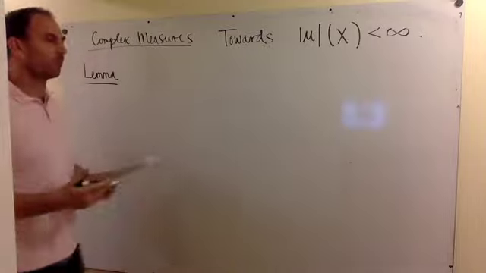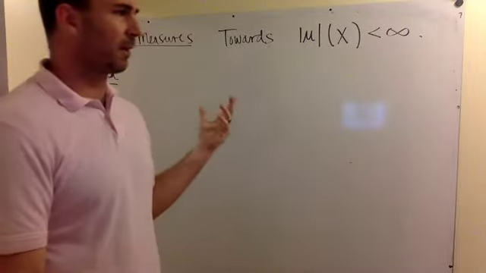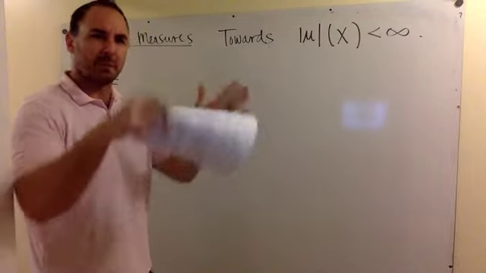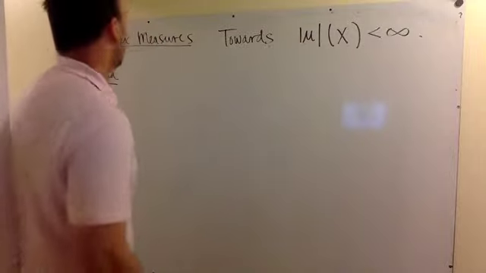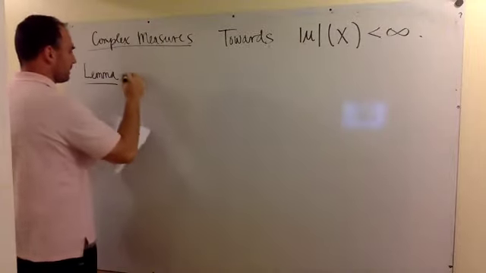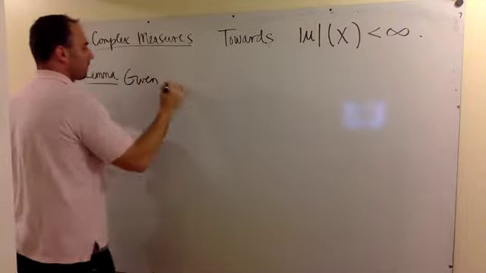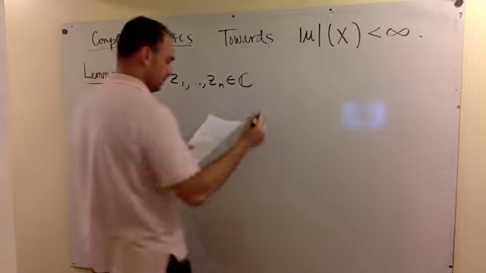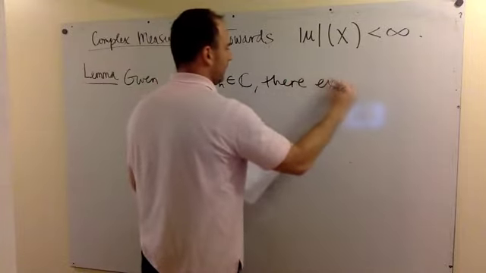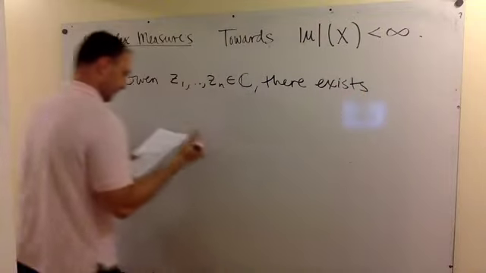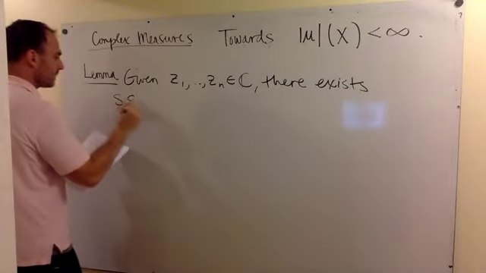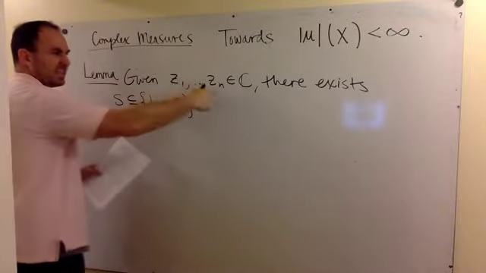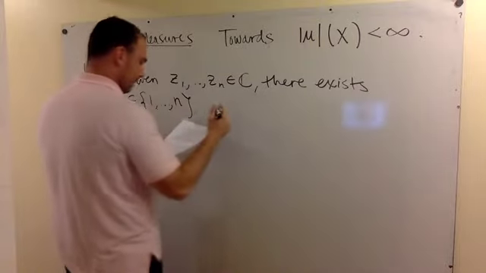Okay, so we need a little lemma here. And this is what I call a reverse triangle inequality, although you think of the classic reverse triangle inequality as where a difference of the absolute values is bounded by the absolute value of the difference. This is just kind of crazy. So given finitely many complex numbers, there exists a subset of indices, some subset of these 1 through n, such that